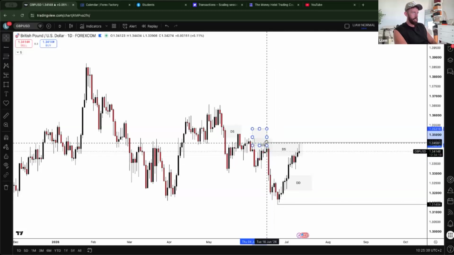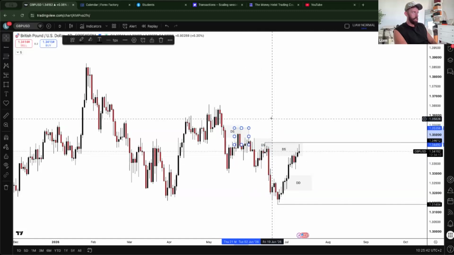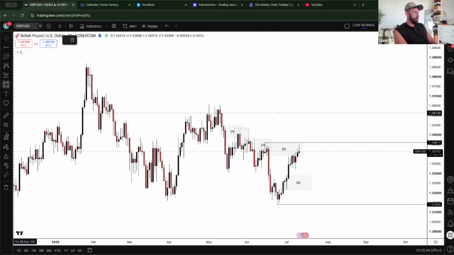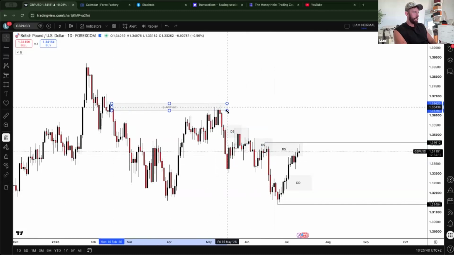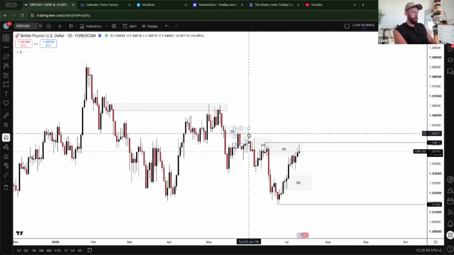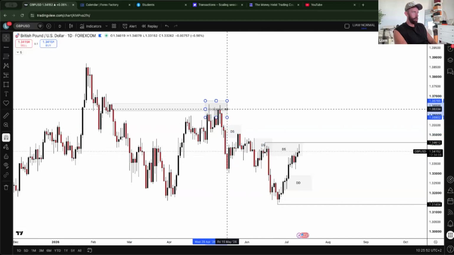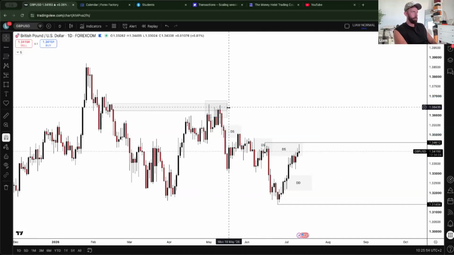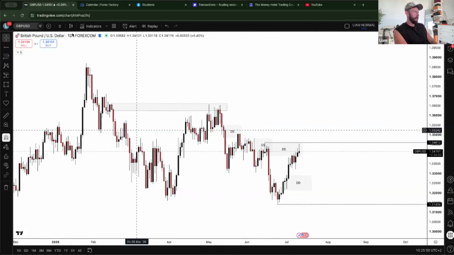I can show you this multiple times. We slow down a hell of a lot. So even here, if we look at this supply, you can see again we stall and slow down a lot before making that move down. So the positive signs are still there from the daily, and if we carry on, then of course, amazing.